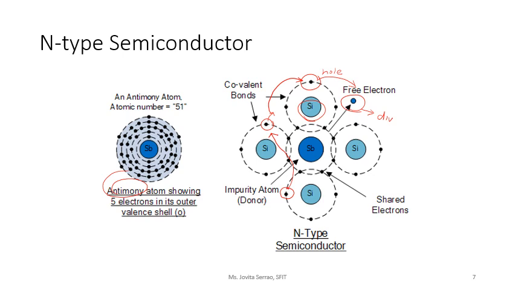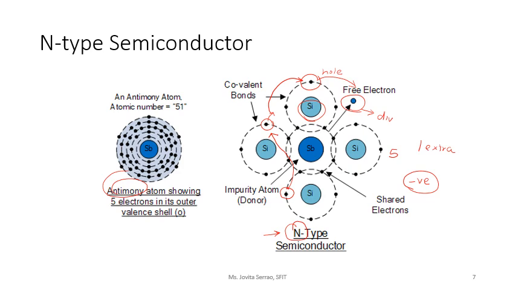Now this type of extrinsic semiconductor is known as an N-type semiconductor. Why is this known as an N-type semiconductor? Because as soon as I add antimony, the number of valence electrons is 5. So I have one extra electron, one more than was needed, and the charge on an electron is negative. Since the charge on an electron is negative and I have one extra electron, therefore this is known as an N-type semiconductor. So you can pause the video here and try to think about what will be a P-type semiconductor.